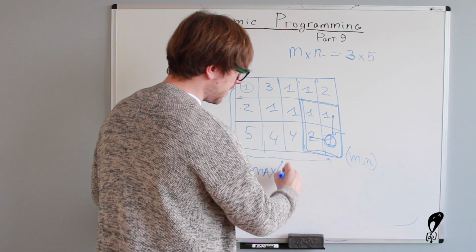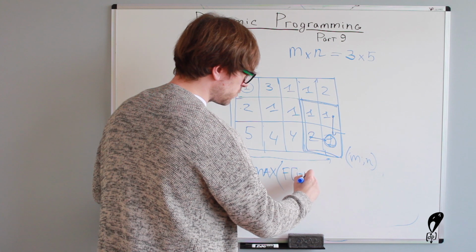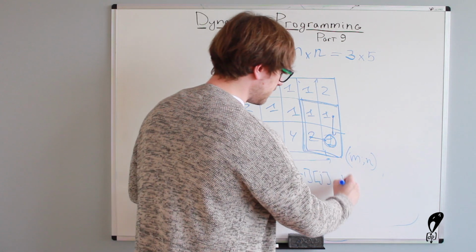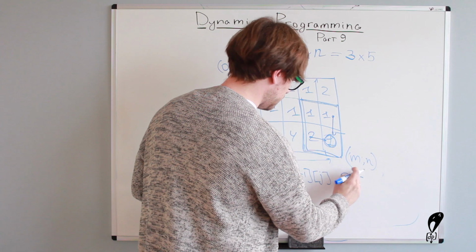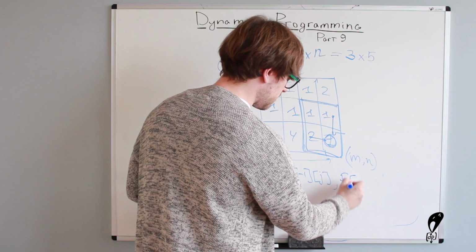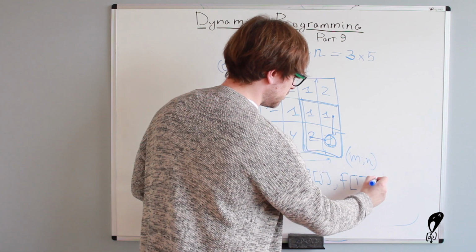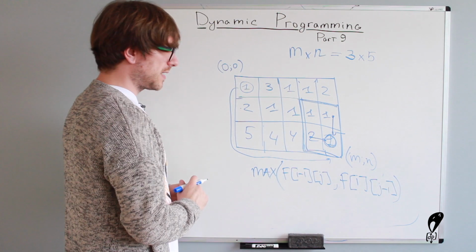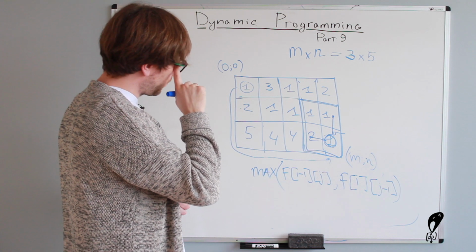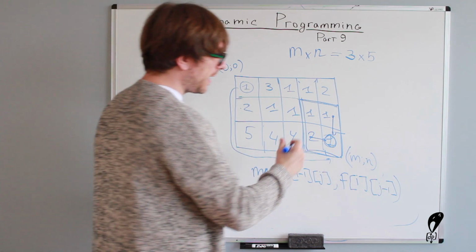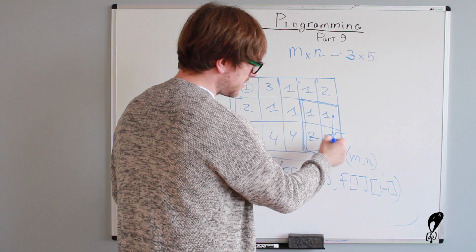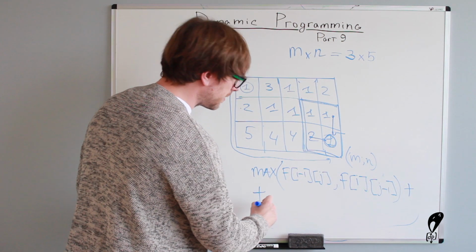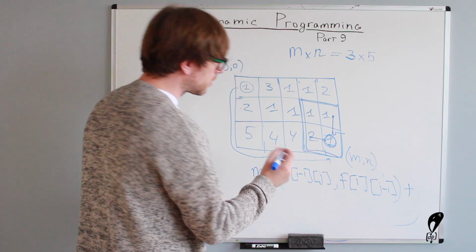of f of i minus 1, j and f of i, j minus 1. You see I use different notation here. Okay, so that's great. So we got to the path. We've got the maximum so far, but we also have to pay the current amount to jump to this location. So what would we pay? We would say, okay, so plus whatever we need to pay. And we need to pay plus, let's say d,